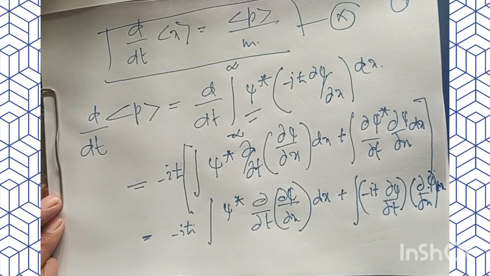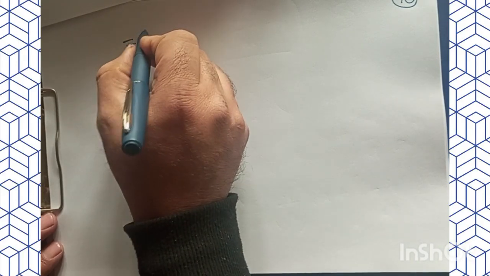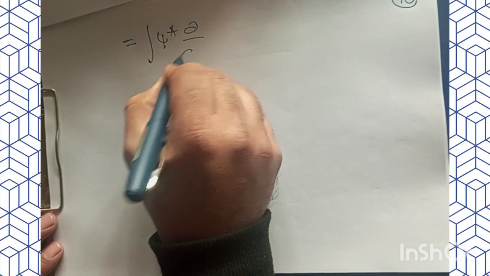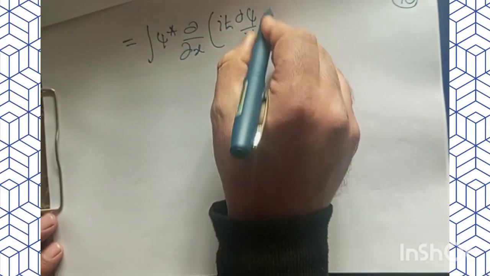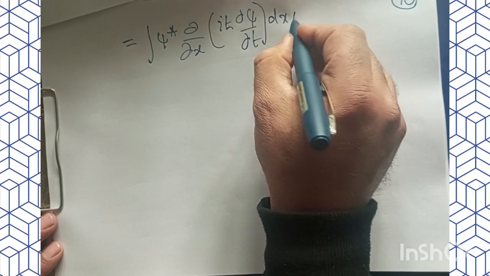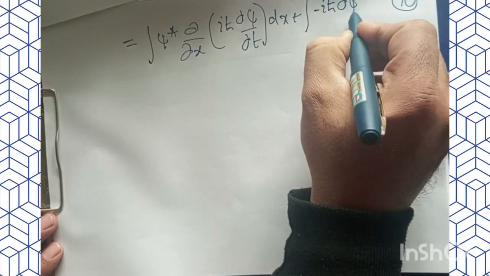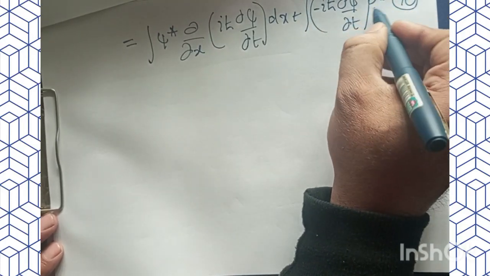So I do have these two separate entities, and moving from here and using the approximations that we have used in the previous case, what we will get here is an integral of psi star, and since partial derivatives are commutative in nature, dou by dou x of i h cross dou psi by dou t dx will be the first case. The next thing I will have is plus the integral of minus i h cross dou psi star by dou t, and then outside you will have dou psi by dou x,